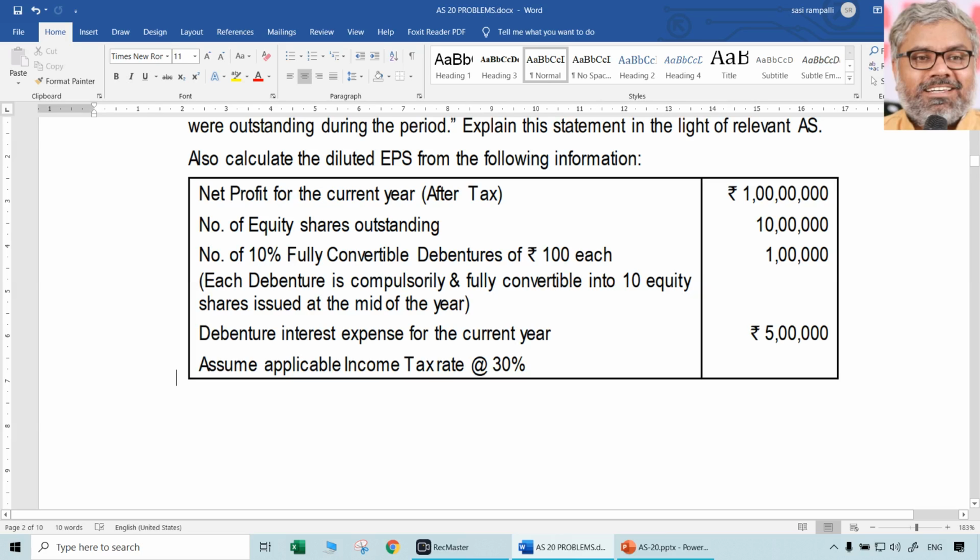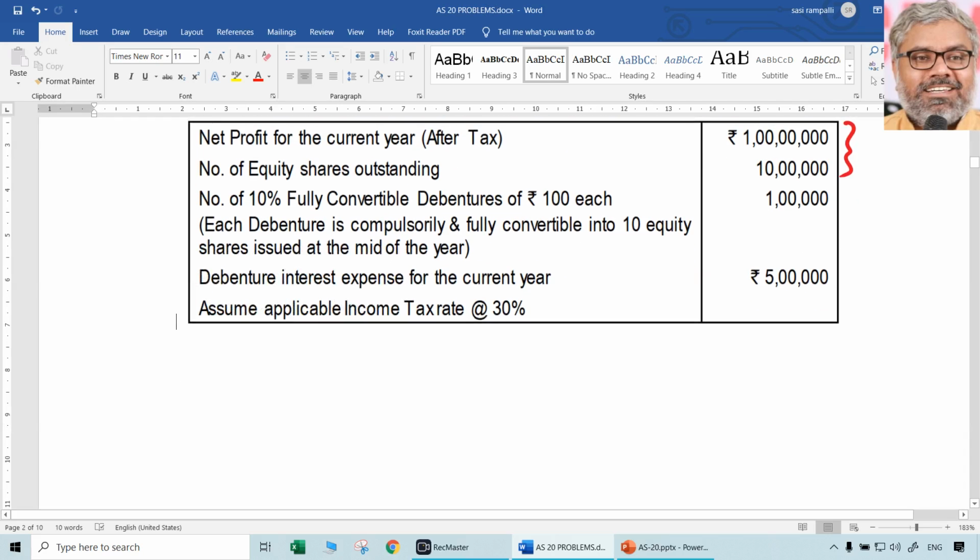Also calculate diluted EPS from the following information. Only diluted EPS is asked. Even if basic EPS is asked also, what is the big deal? 1 crore divided by 10 lakhs, 10 rupees will be basic EPS if it is asked. Because here only diluted EPS is asked, let us take diluted EPS only. So 1 crore